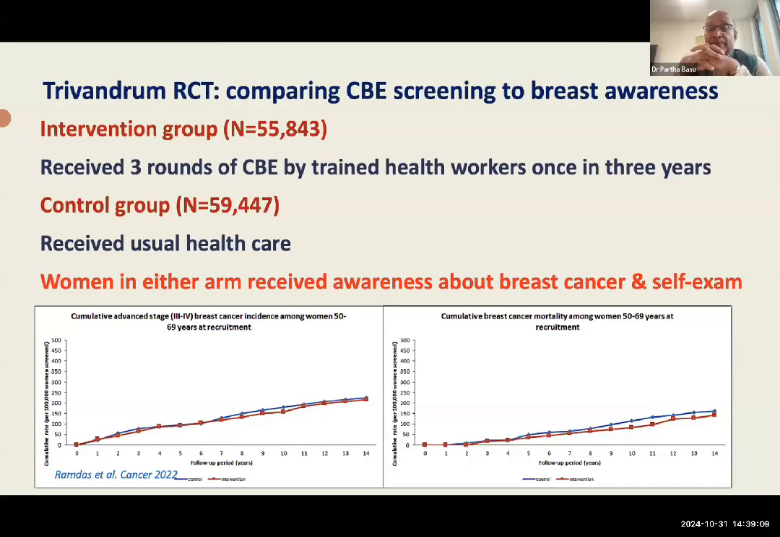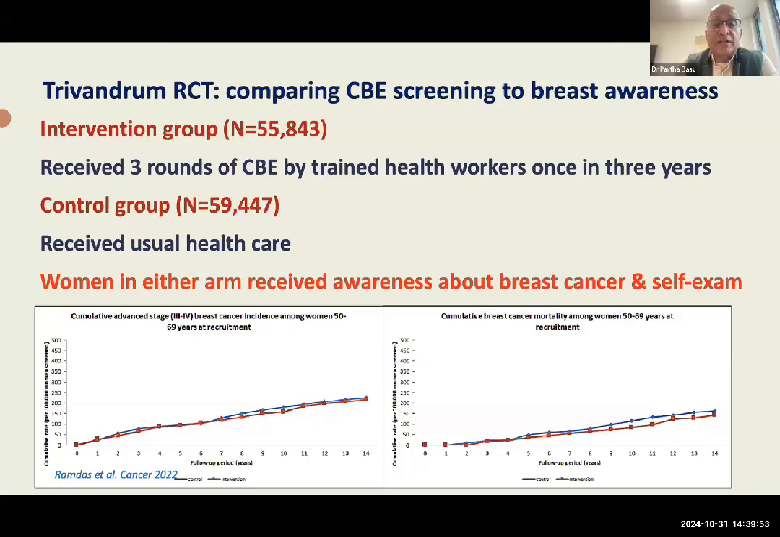Now, I'll present interesting data from one of our large randomized controlled trials that looked at clinical breast examination as a screening test. As you know, clinical breast examination is a systematic examination of the breast and the armpit, or the axilla, with two components: the inspection component and the palpation component. People have been looking at it as a screening test, especially in low and middle income countries where we know mammography-based screening is almost impossible to implement. So in this randomized controlled trial that we